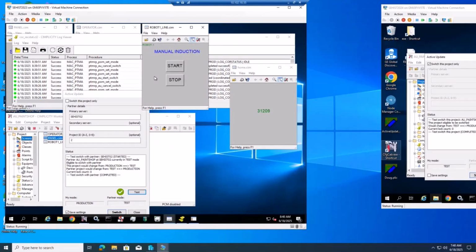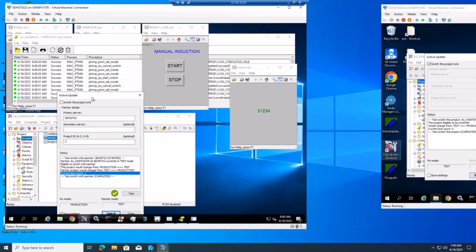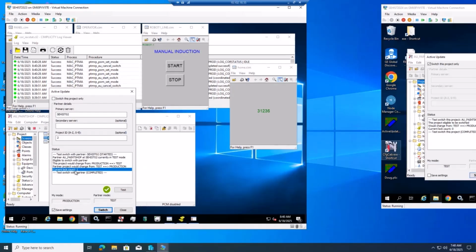So we have this other API that's part of Active Update, which allows you to lock a critical section of your code. What this is simulating is going to generate one of these locks. If I go test now, you're going to see that my lock count is now 1. So the operator managing this switch would see that I have a lock count of 1, and I'm not actually going to be able to do this switch. It won't complete until all my locks are clear. So if I try to switch now,